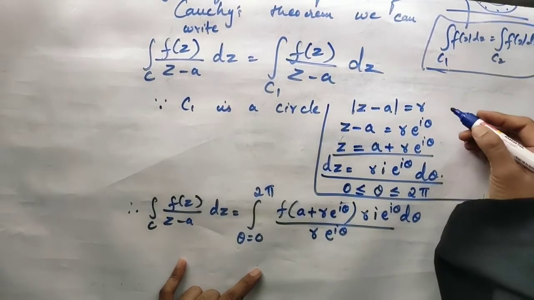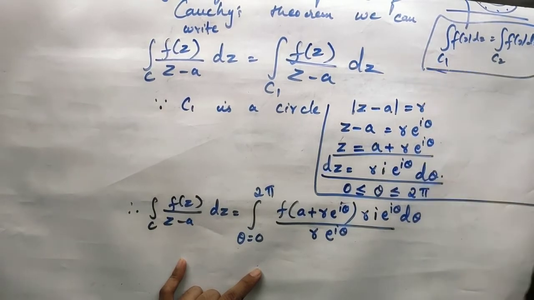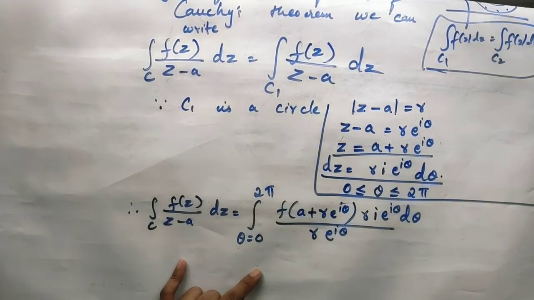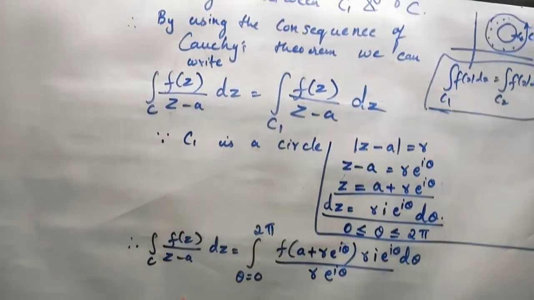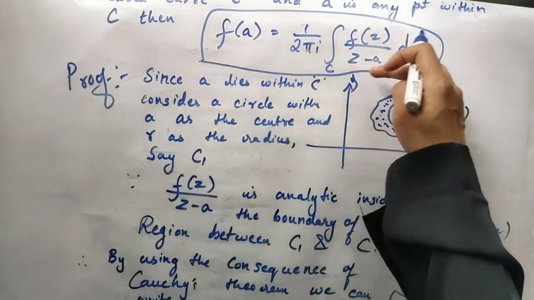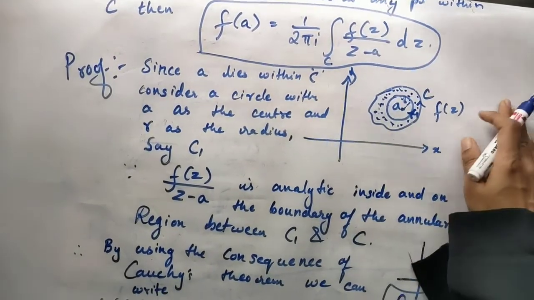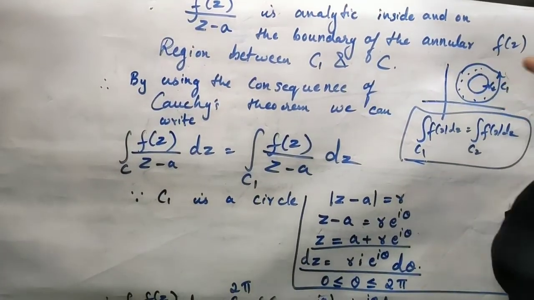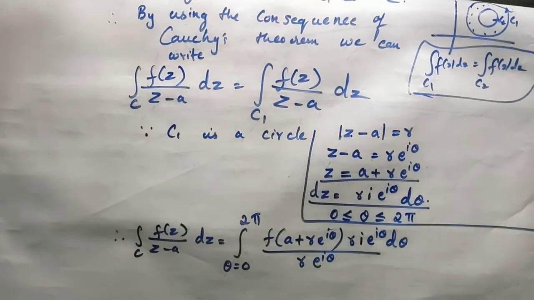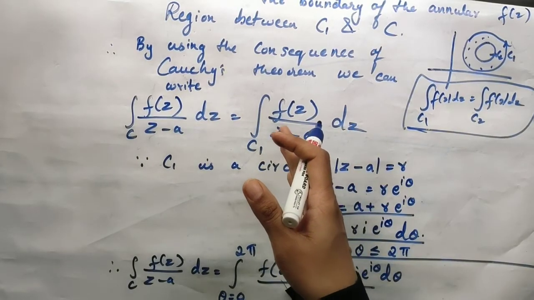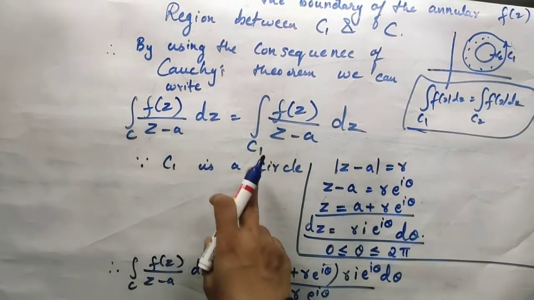The main key point here is the consequence of Cauchy's theorem and the construction of the circle. The main part starts with the construction of a circle, and once you construct the circle you get an annular ring. Once you get the annular ring you have to speak about not f of z but this integral. Consider this complete part inside the integral, f of z divided by z minus a. Definitely that will be analytic in the annular region and on the boundary of those two curves. So you have to speak regarding that only. Now you have to use the consequence of Cauchy's theorem, so that you can easily write it. Now you know about this C1.